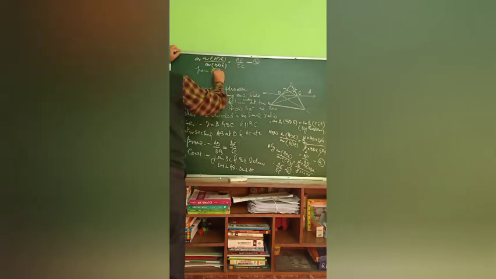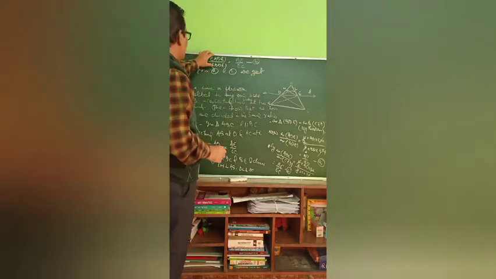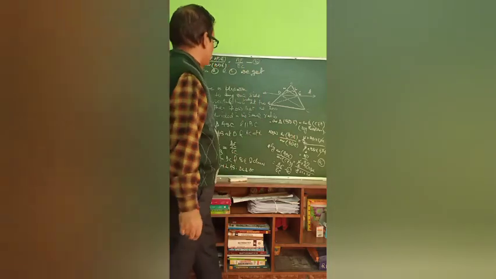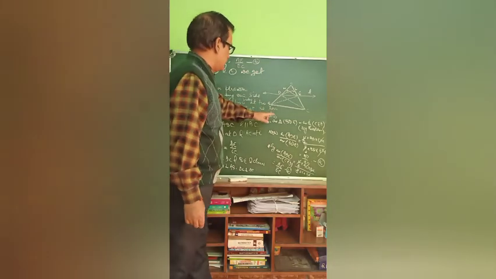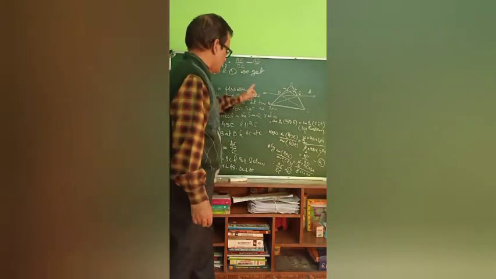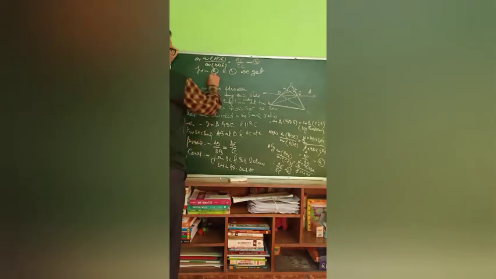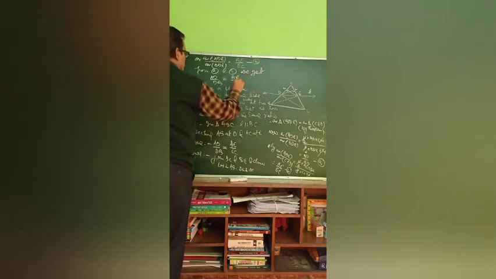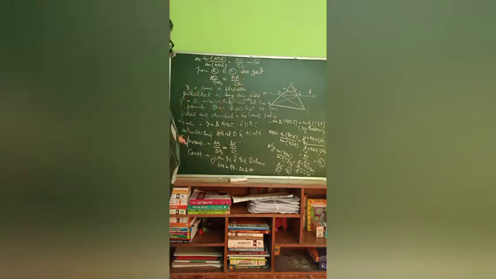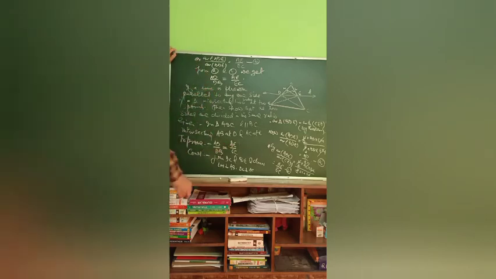From A and B, we get the left hand side of this and the left hand side of this both are same. So things equal to the same thing are equal to one another. This is also the same, and this is AD by BD and this is AE by AC. From A and B, that means AD upon DB is equal to AE upon AC. This has been proved. Hence we have proved.